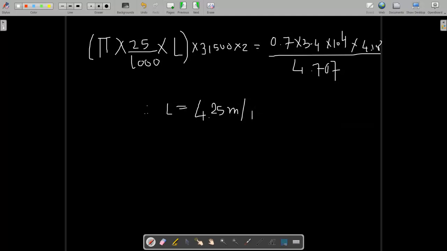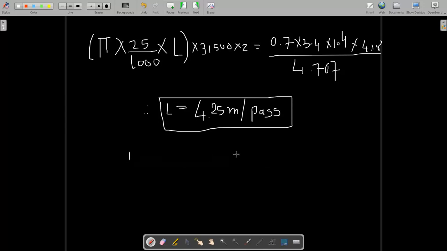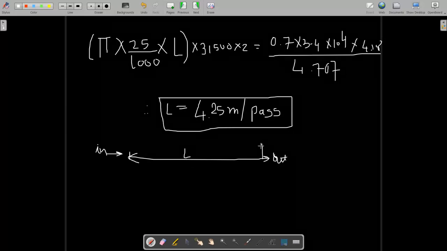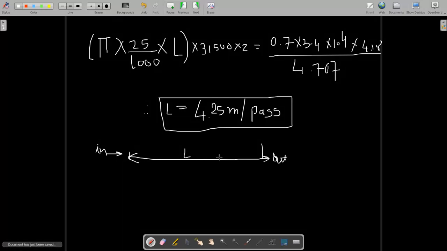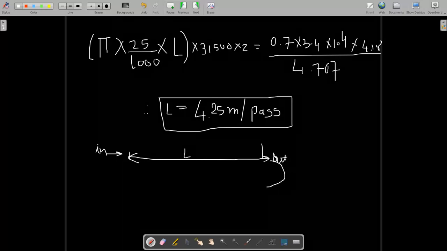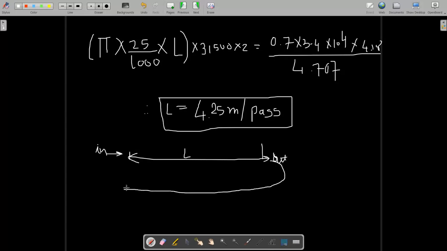per pass. Okay, what is per pass? As I have told you at the very first, a pass means the distance from one end to the other end of the heat exchanger, or the overall length of the heat exchanger for a single pass. If the fluid is entering over here and going out from here, this distance is known as one pass. Okay, and there are two passes. That means the fluid enters and comes out, and by a U bend it again enters the heat exchanger, exchanges heat, and finally comes out from this side.